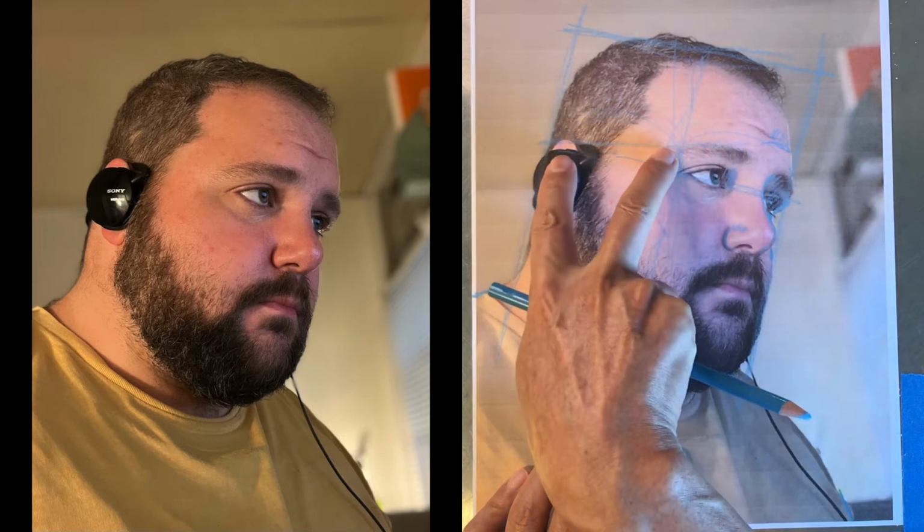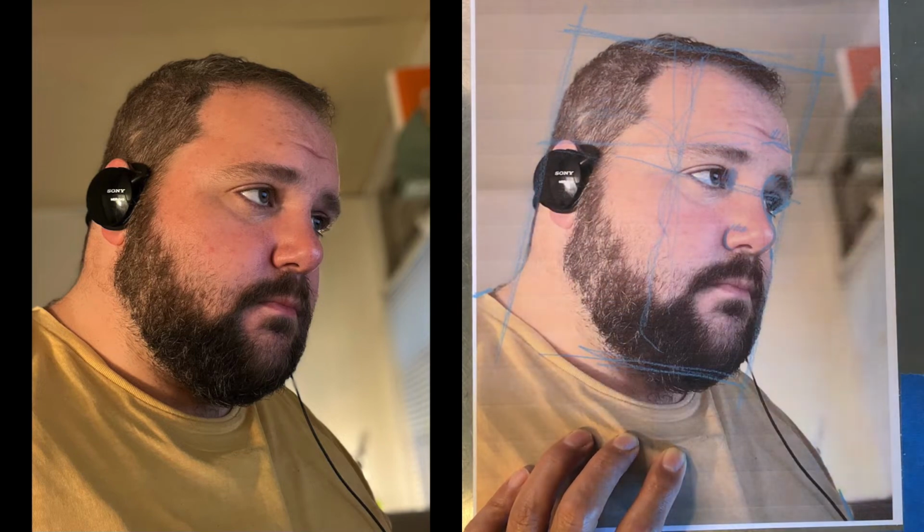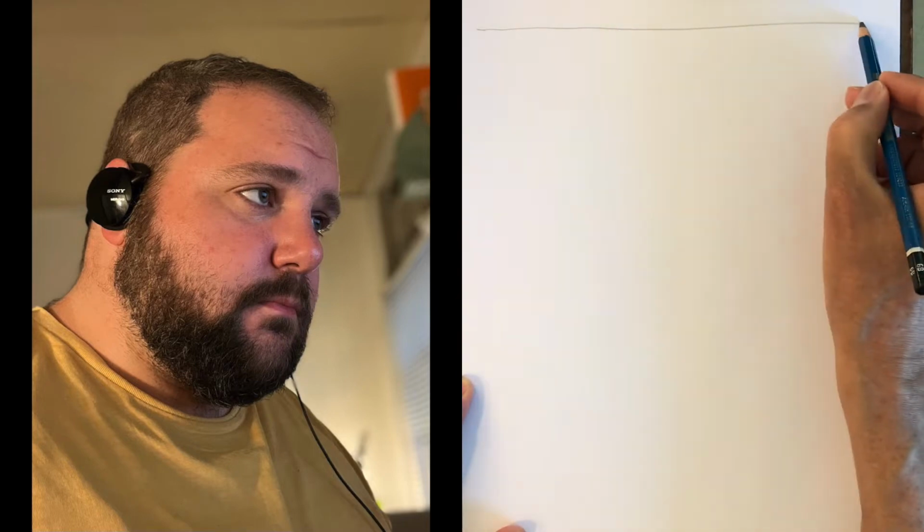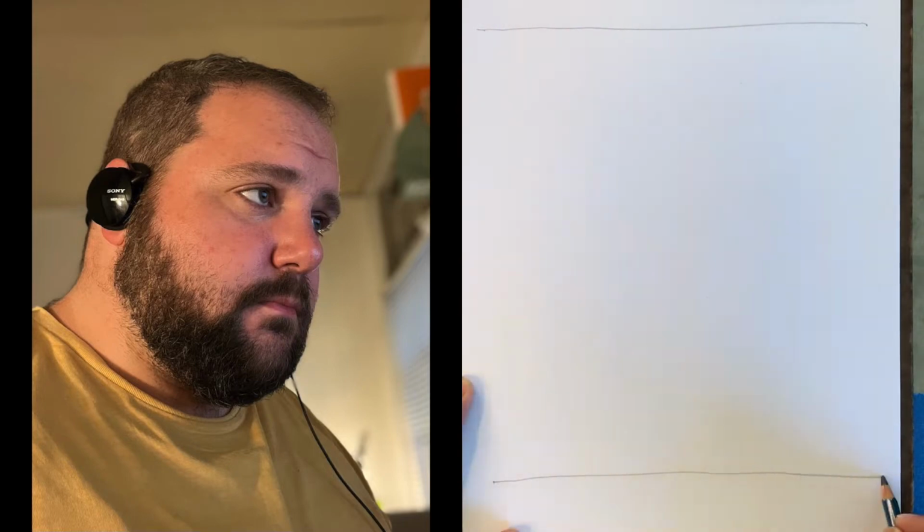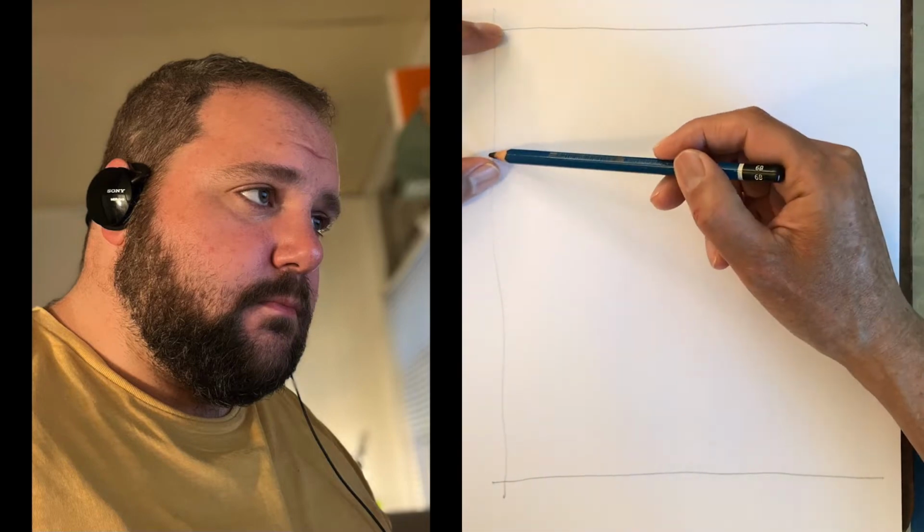This is about halfway. So this portion is quite large. You have to get all of this stuff into the same amount here. Same distance, same width. So I'm starting with marking the top and bottom lines of the page, of the frame,